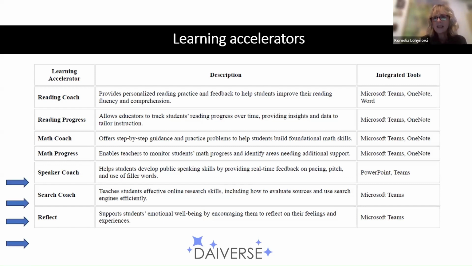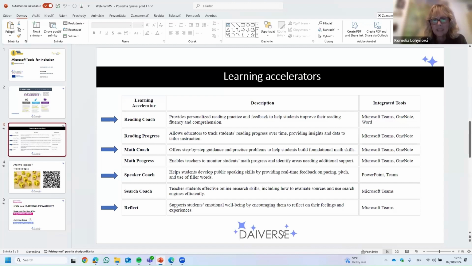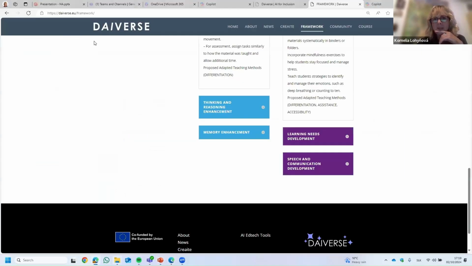And you can see that they are integrated, but Reading Coach, Math Coach, Speaker Coach, and Reflect are also available outside of Teams or Office.com. So you can use them even if you don't have an account in Office. So I will go now directly again, I will go away from this and show you how this works. So Reading Coach, I go to my Microsoft Teams,